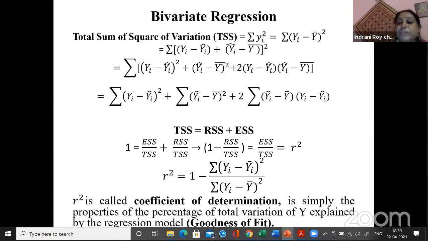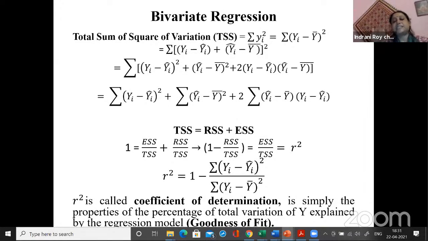So the part of the variation which is explained by X, which is your explanatory variable, is ESS by TSS. So it is also called the coefficient of determination, and it is represented by capital R square or small r square, whichever way. Different books have used different notations. So this ESS by TSS is also called the goodness of fit. So when you run the regressions, you also look at this R squared, because this R squared tells you how much of the variability of your Y is actually explained by the regression.